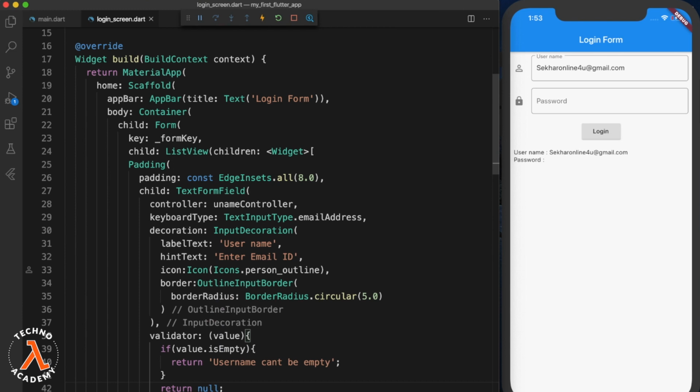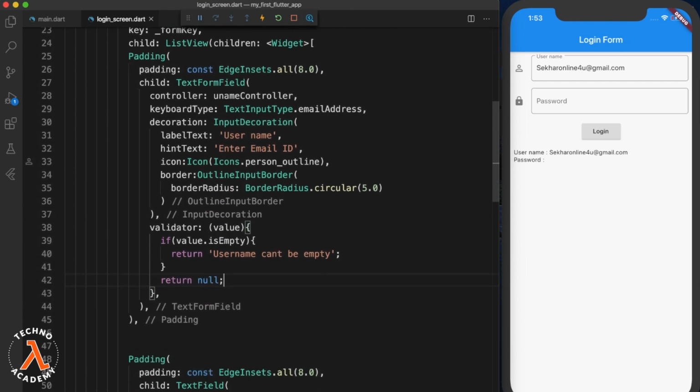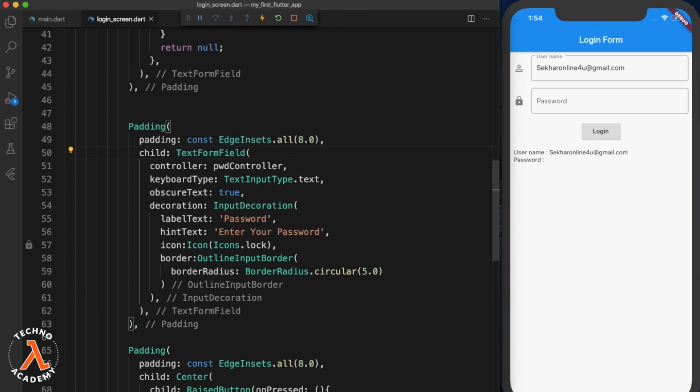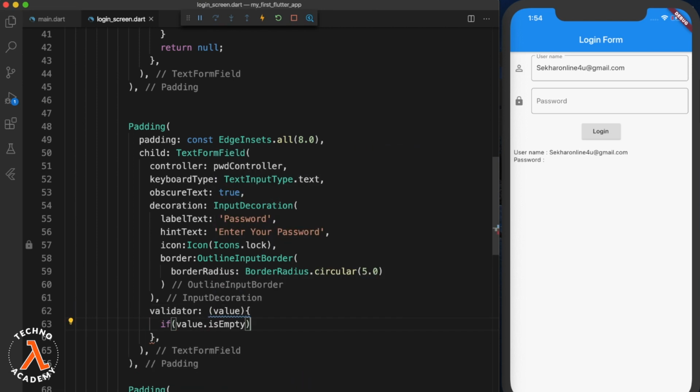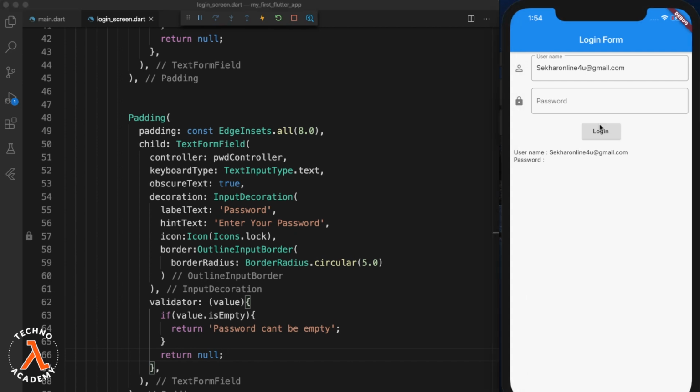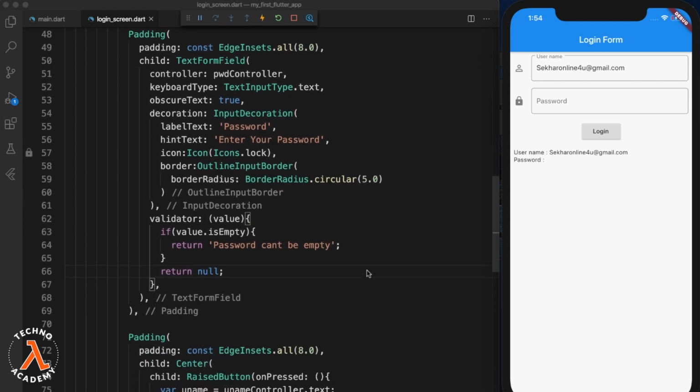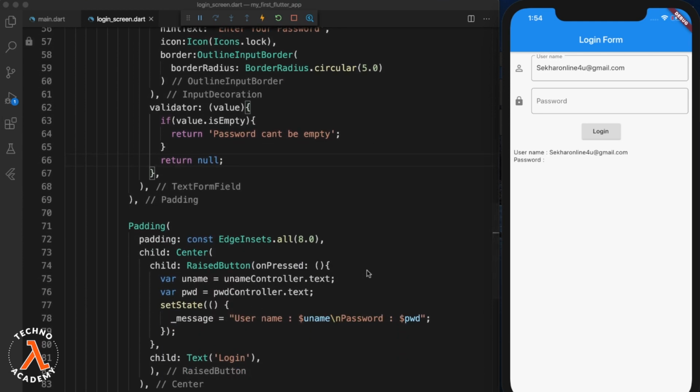And let me do the same thing for the password. So let me first update the TextField to TextFormField, and then let me write the validator block. Now let us verify if the code is working or not. So let me click on the login button and we can observe the code is not working, right? So what happened? Please remember that we have added the validators for the TextFormFields, but we are not validating their states, and hence no validation checks are performed.